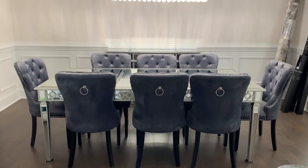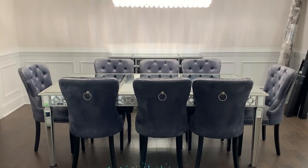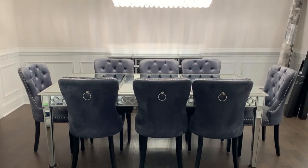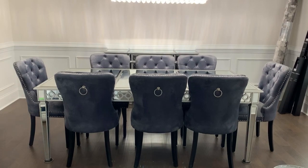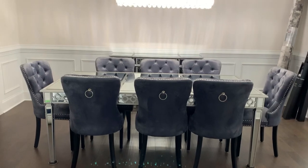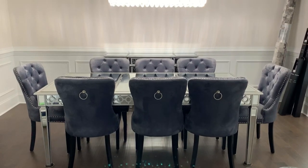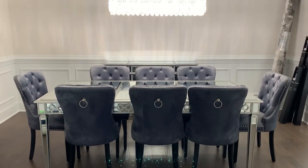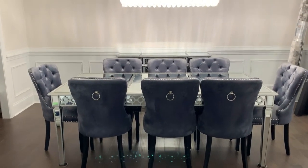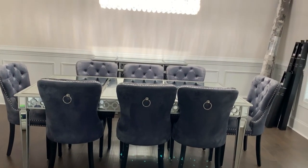But let me explain, and I'm sure a lot of you already know, COVID has held everything up so long, y'all. I've ordered things and things get canceled, things are back ordered. It's just a hot mess. I tried to go room to room and complete one room, but everything that I want and need for one room is either not available, is back ordered, or some kind of situation has the process held up. But anyway, I am going to show you guys my progress of my formal dining room so